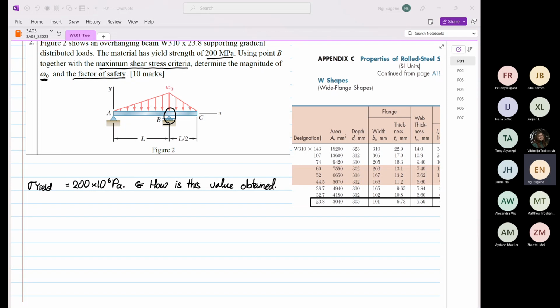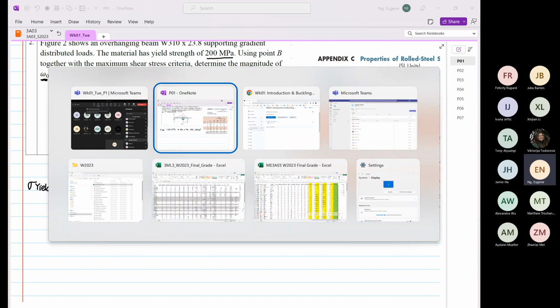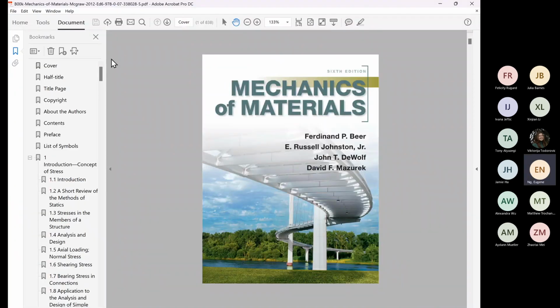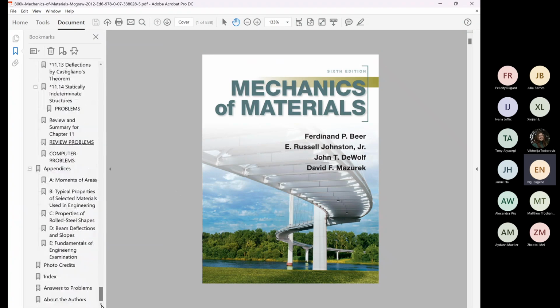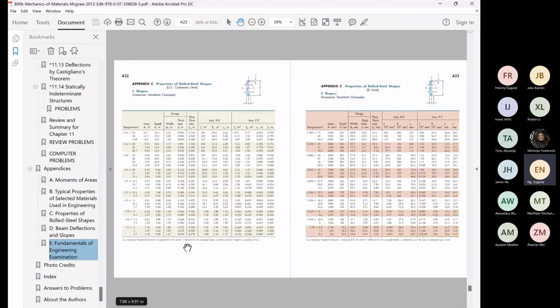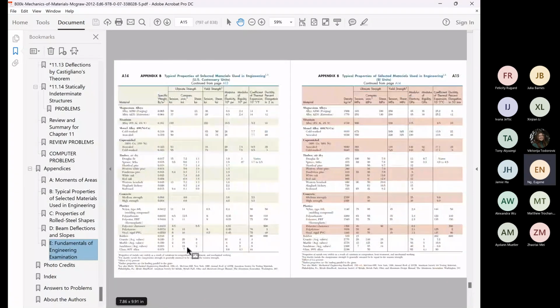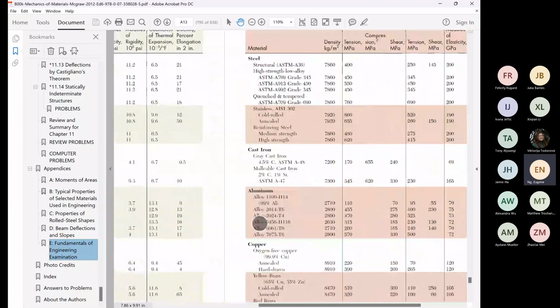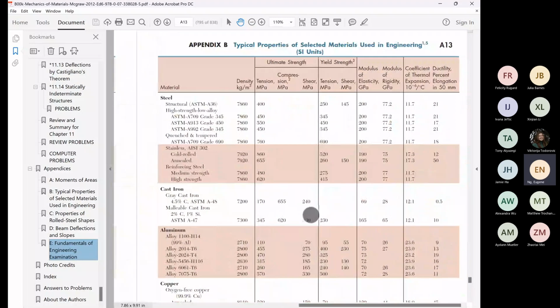Let me briefly show you what a material handbook looks like. If I were to show you the textbook, so this is the textbook. As you can see, on the last page over here, you will see information like this.